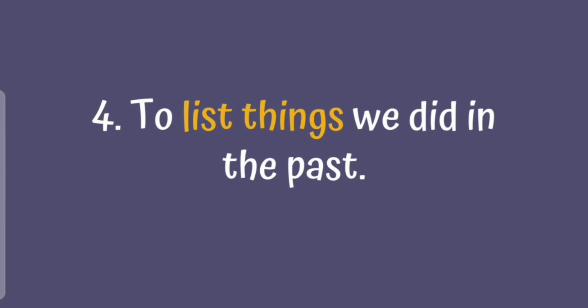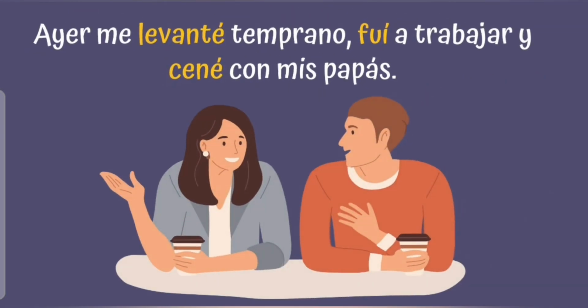All right, now let's see case number 4. We have to use the indefinite past in Spanish when we want to list things we did in the past. Okay, let's see some examples so you will understand this better. Here we have this sentence. If you want to say, yesterday I woke up early, I went to work, and I had dinner with my parents,